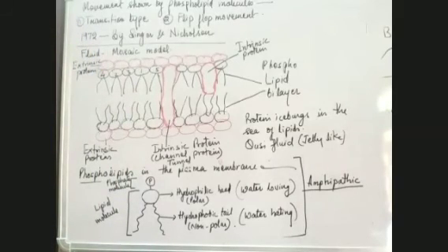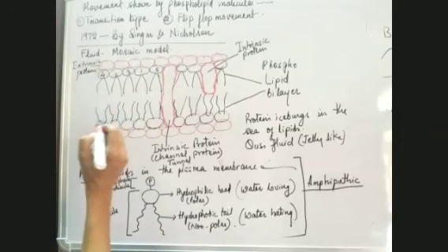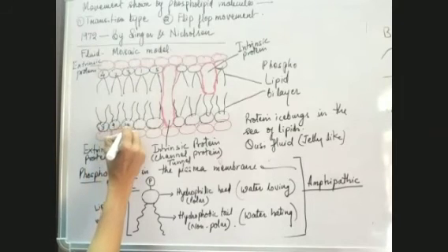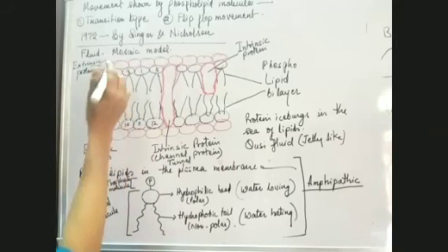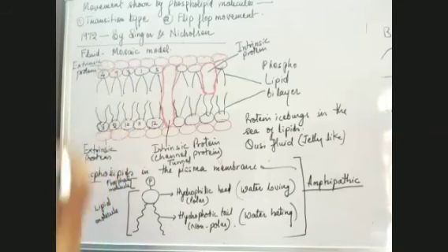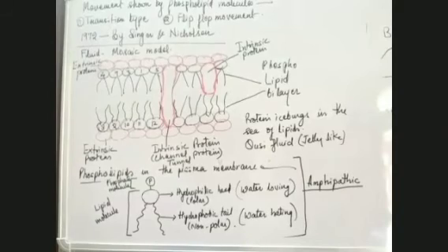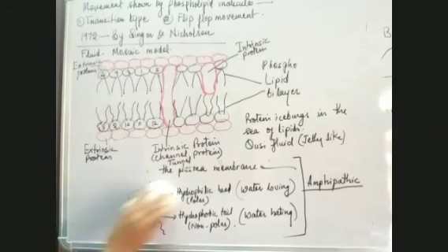Now, another movement is flip-flop type movement. Suppose here we have, let's say, 8, 9, 10, 11, 12, and a molecule from here shifts here. That means 9 comes here and 2 comes here. So this movement from one phospholipid layer to another phospholipid layer is flip-flop movement. So transition movement is within the same layer. Flip-flop movement is in between the two phospholipid layers. This is the difference between transition movement and flip-flop movement. So I'll write that for you about the two types of movements.